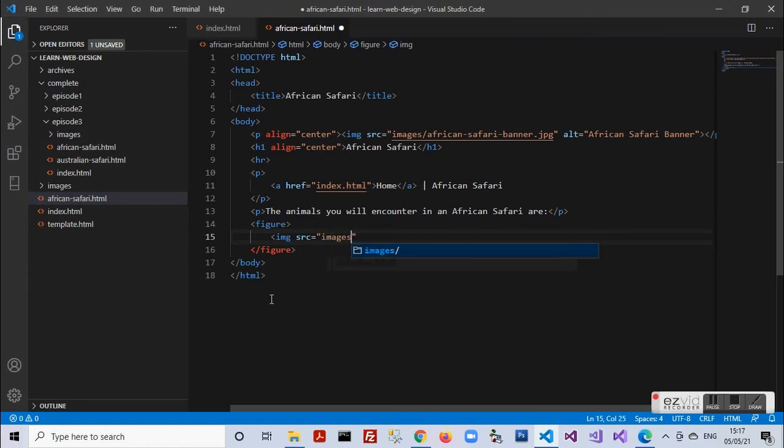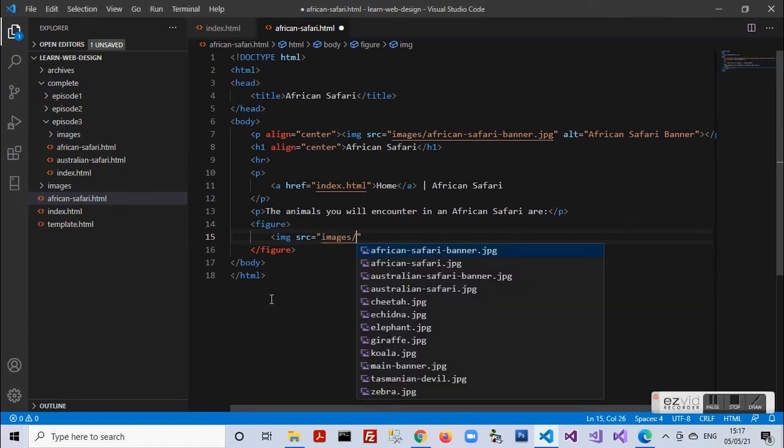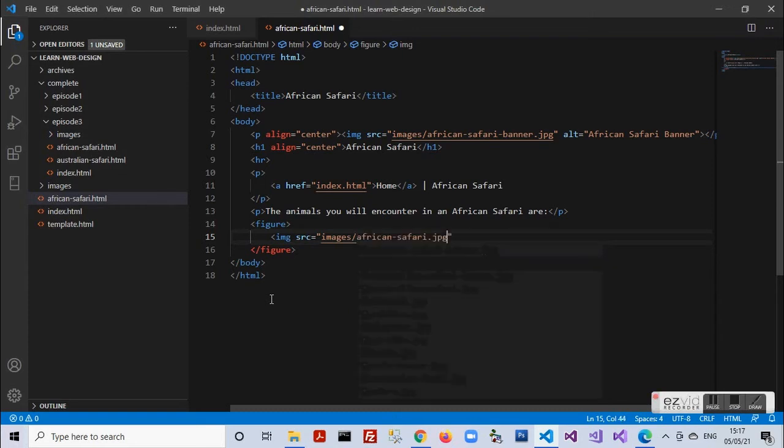Within images, I have this African Safari image of a lion named africansafari.jpg. So I pick this image.